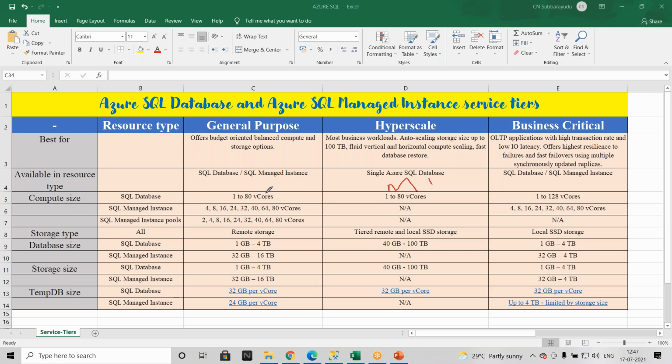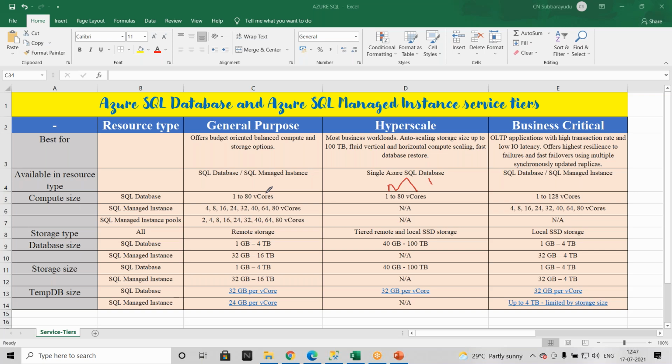In instance pool also we can go up to 80 vCores. It would be good if Microsoft allowed us to deploy managed instance under a free trial subscription, so everyone could work with managed instance.